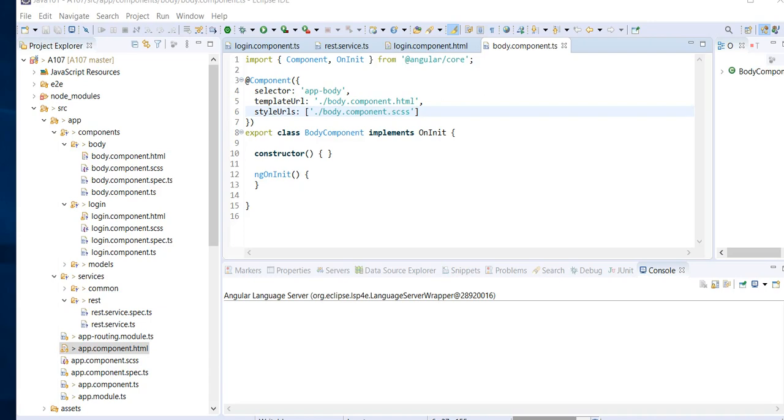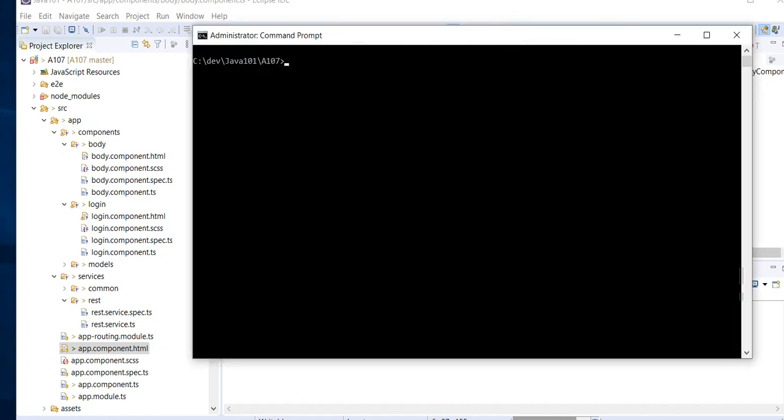Today's tutorial I'm going to talk about some more configuration things. So let's say that we would like to use Bootstrap and jQuery. How do we do that? In order to do that, in the project root we are going to